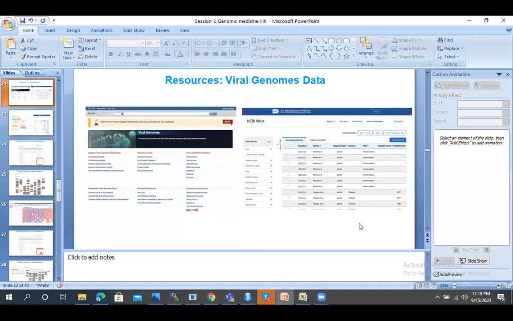Harpreet, one second. There are another 2 questions in the chat. Could you please review those before you go on? Okay, yeah. Another question is from Iodale. Who does the genome sequencing for SARS-CoV-2? Is it also the work of a bioinformatician?